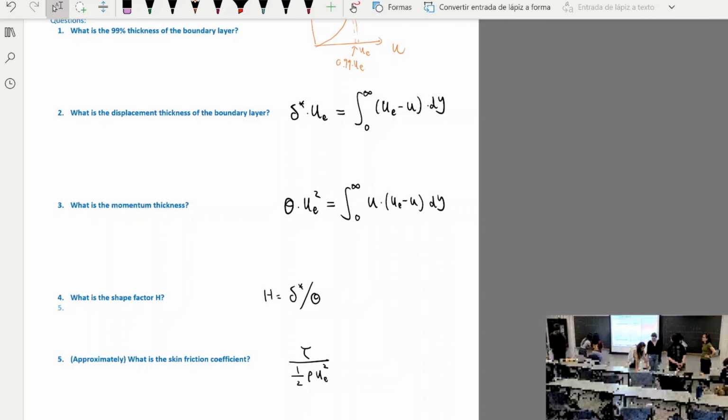Oh, I thought you said it was at 0.99 of UE. Yeah, the location of that vertical line is 0.99 times UE. But if you trace that line upwards, you hit the velocity profile not at 0.99 but at 1. Yeah, that's right. So here the definition goes to infinity, but in reality, beyond the delta 99, the 1 minus u